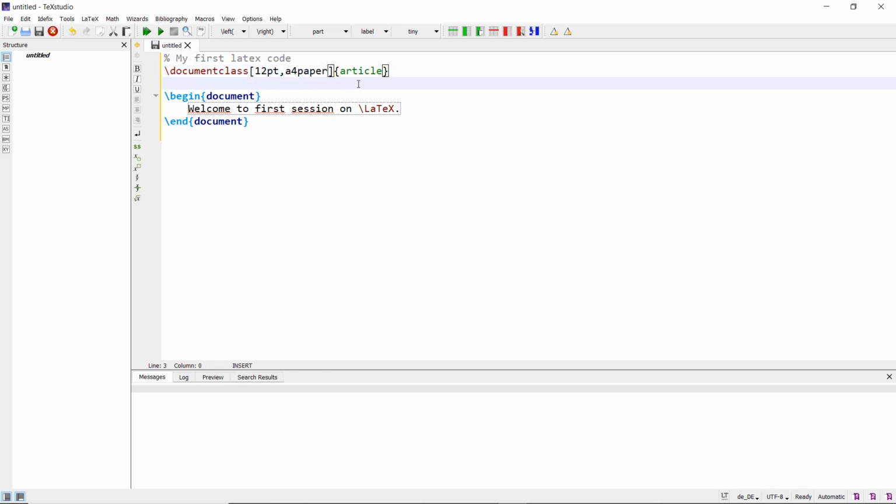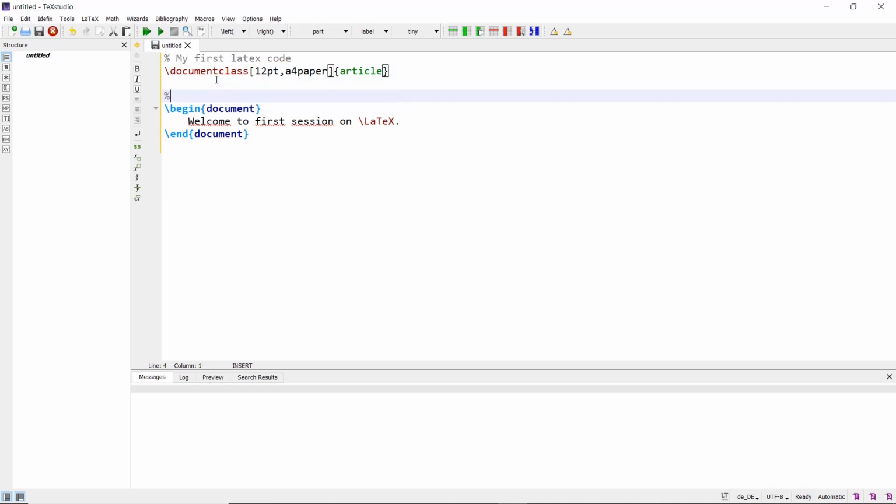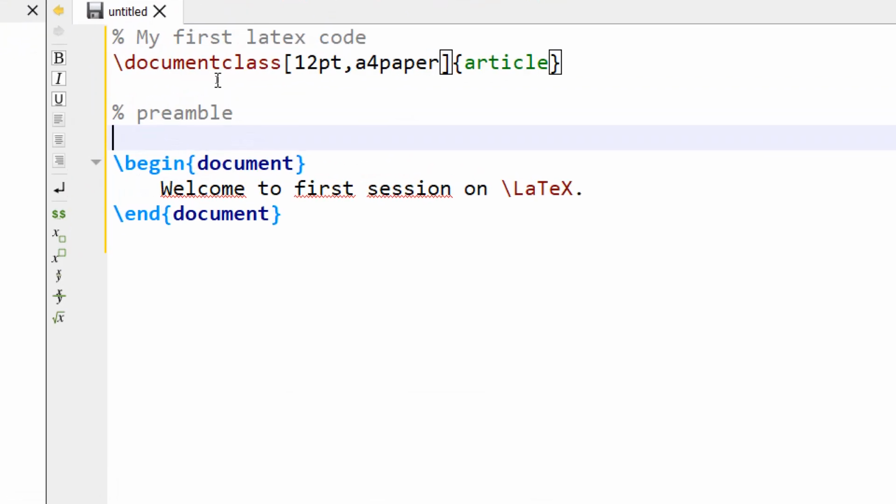Next, whatever I write between document class and begin document is famously referred to as preamble. Preamble contains some of the codes that control the entire look and feel of the document.